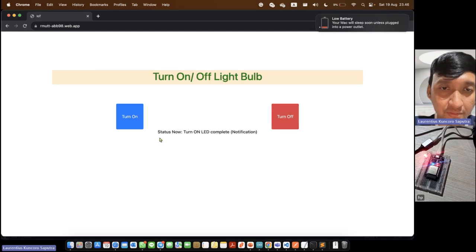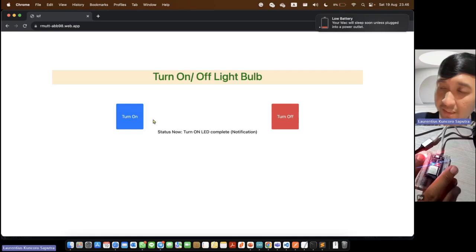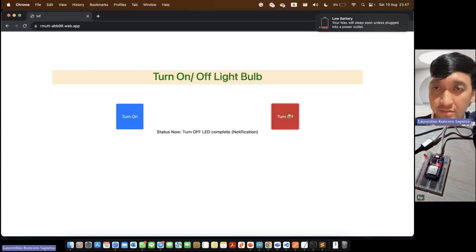Okay, so I changed the status information here to status now. At the time I recorded this video, you can see the red light is already on, and I push it again, it turned off.